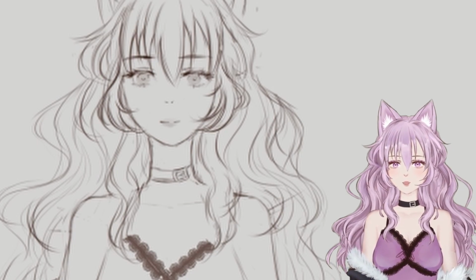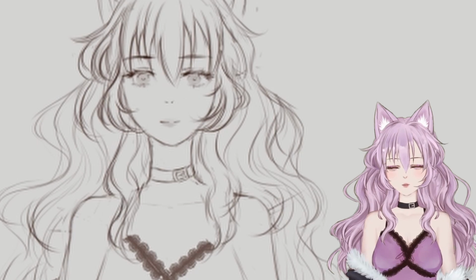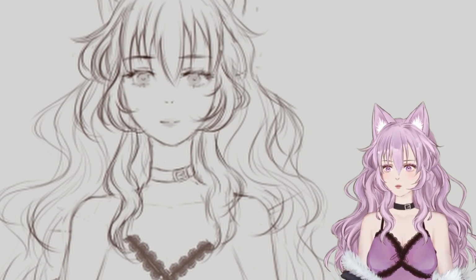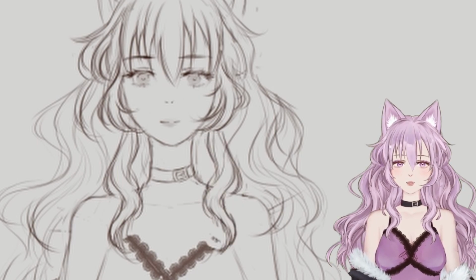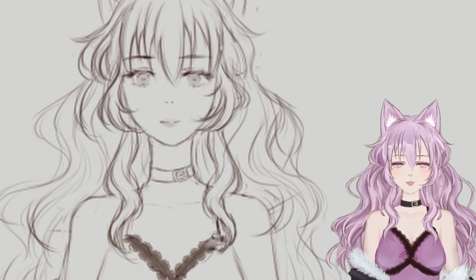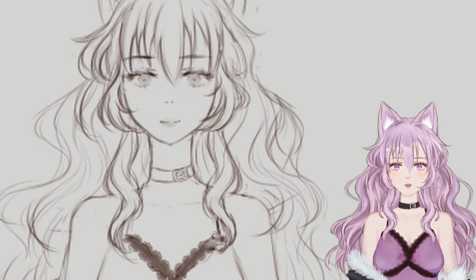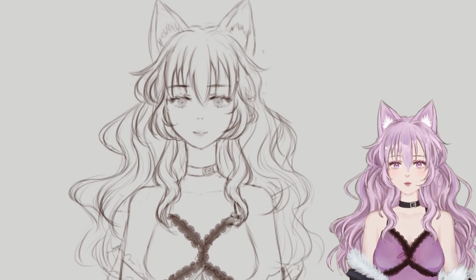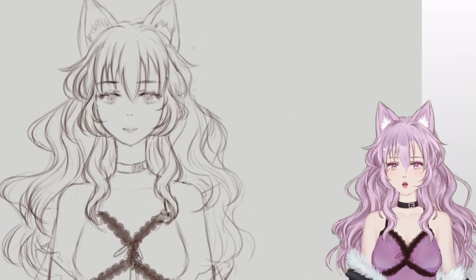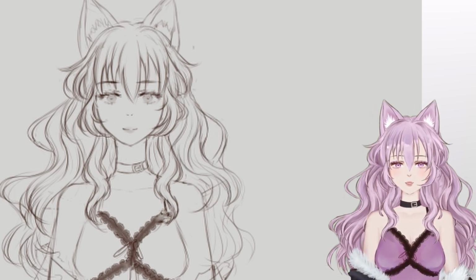It's the foundation of everything, and I want it to look all right here, so I don't need to go back later and realize that, oh my god, my arms look way too short as they did initially. So spend some time on this part, just scrolling or zooming in, zooming out, just taking